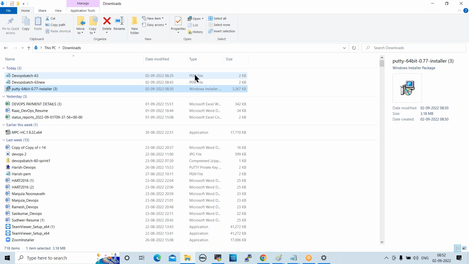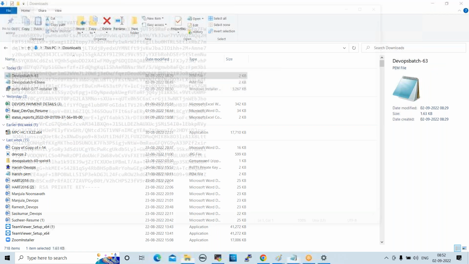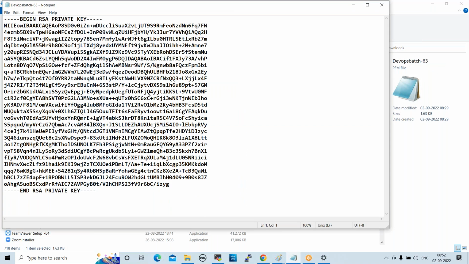If you want to connect to your server from PuTTY, this key is required. This file is in PEM format. This PEM file will not be understood by PuTTY. PuTTY will not understand this. That is why